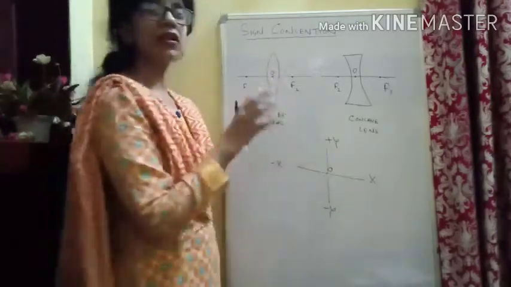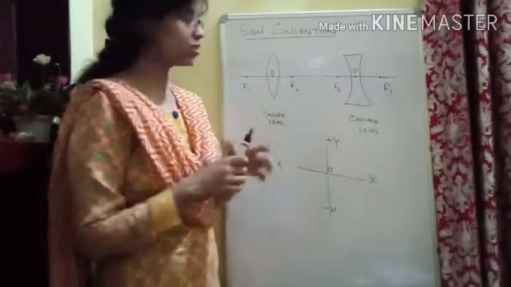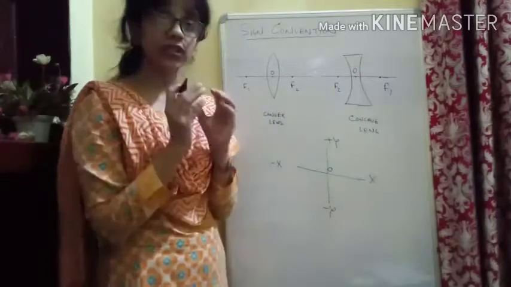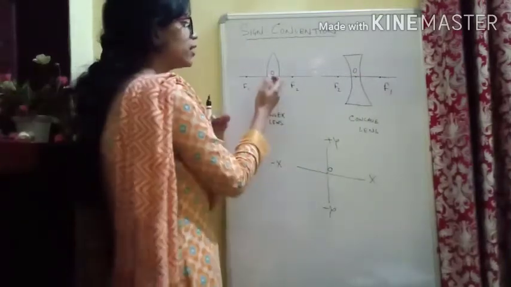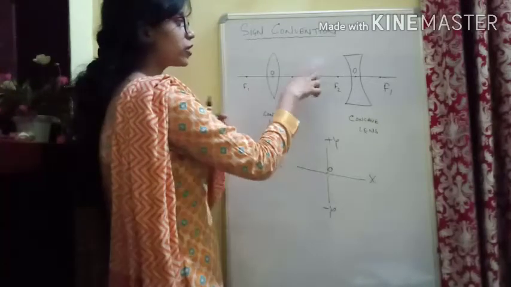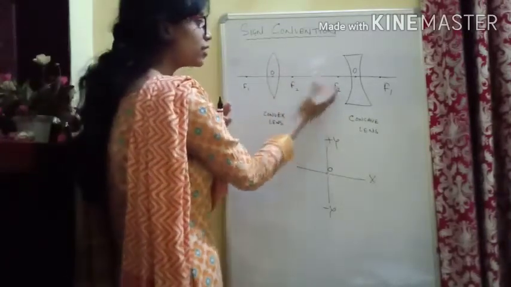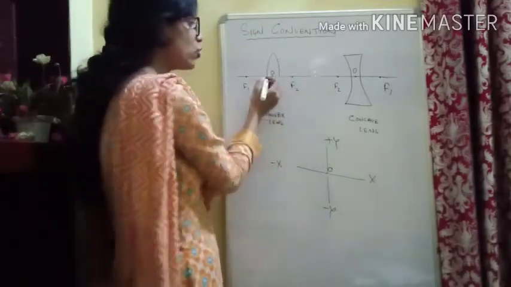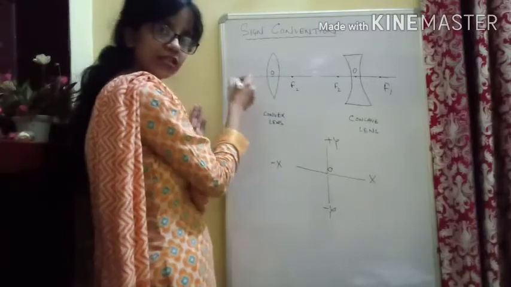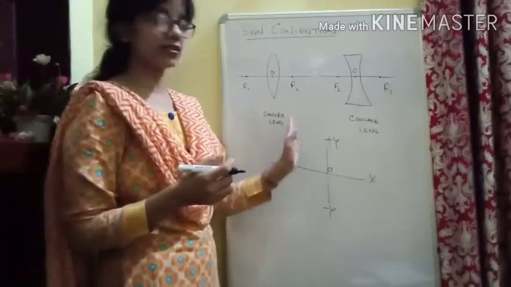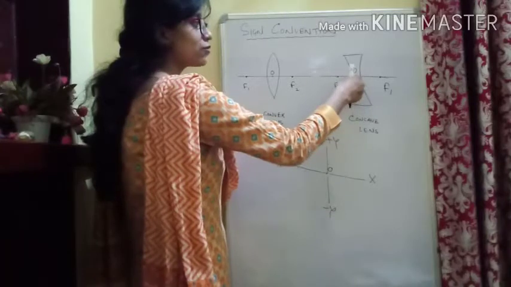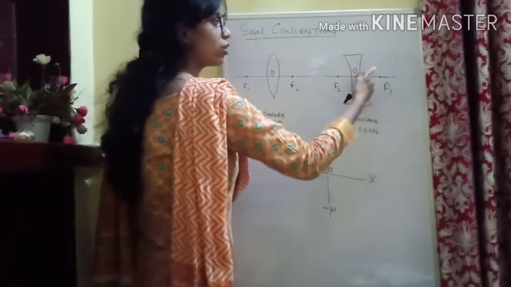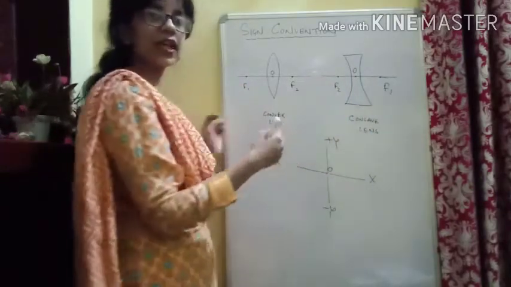It is similar here in convex lens and concave lens, where your optical center in both the lenses will behave as origin. Second thing, if we are putting the object or getting the image on the right hand side, all the lengths on the right hand side will be positive, all the lengths on the left hand side will be negative. Same in both the cases. Here also concave lens will behave as origin, all the lengths on the right hand side will be taken as positive, all the lengths on the left hand side will be taken as negative.